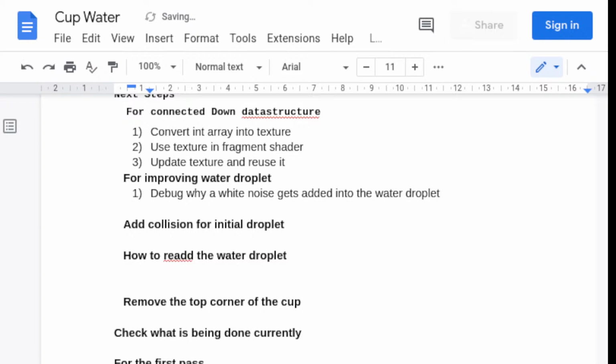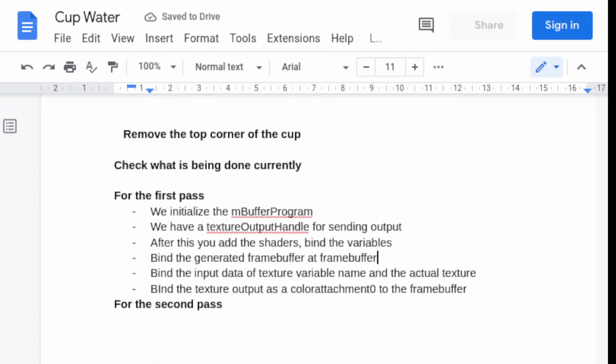Bind the generated frame buffer at frame buffer. And for the second pass,